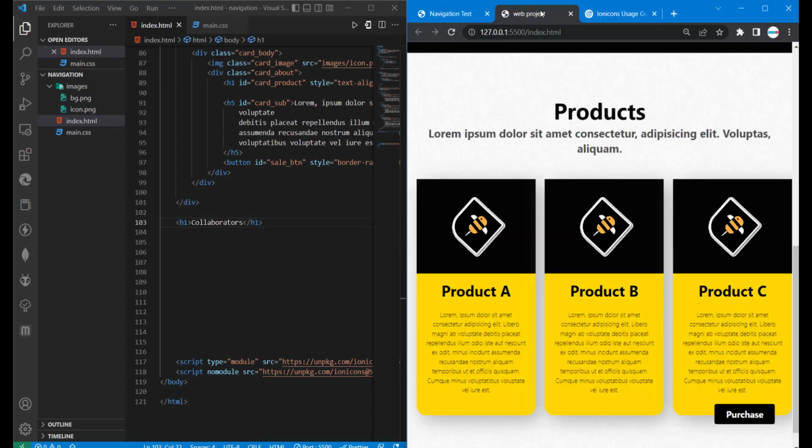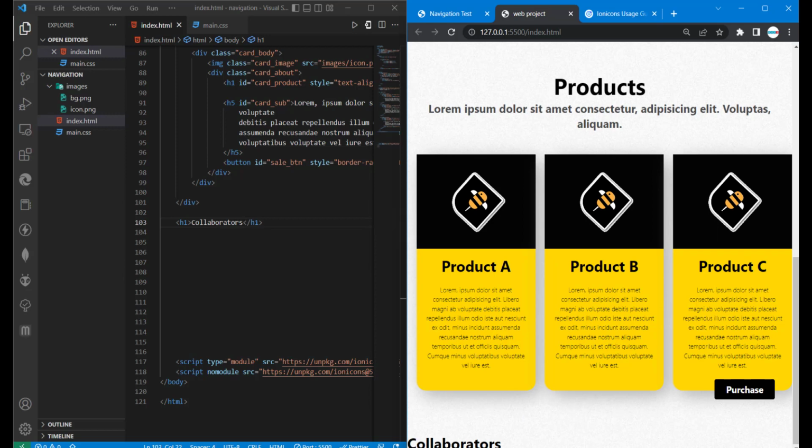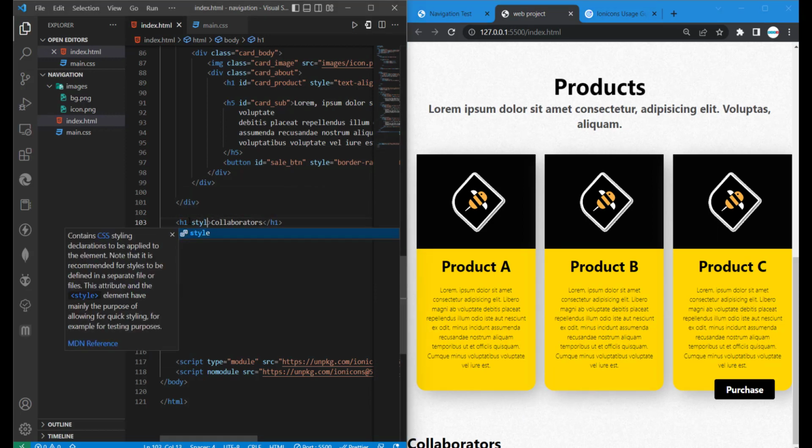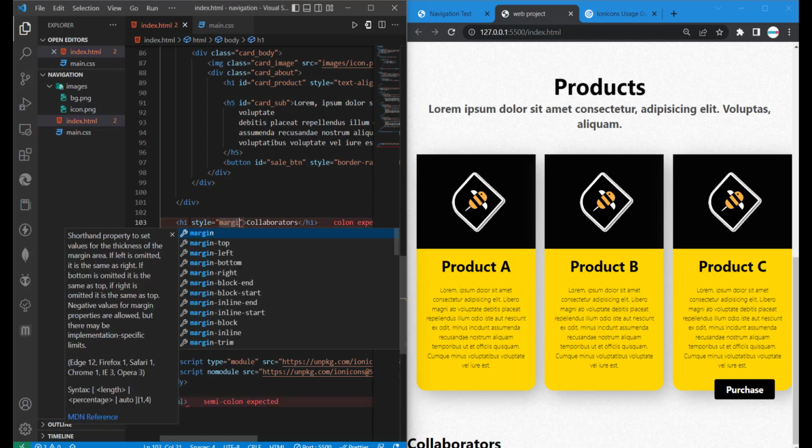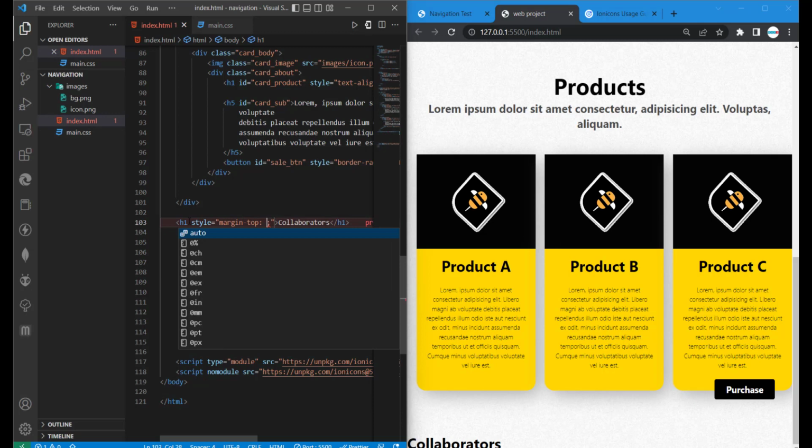So let's go to our project. Okay, so we have it here, and then we'll try styling it. So let me give it a style. I'm going to give it some properties here. The properties would be a margin top, so margin top of, let's use 80px,